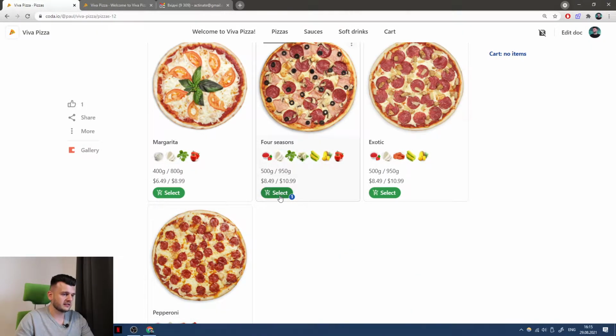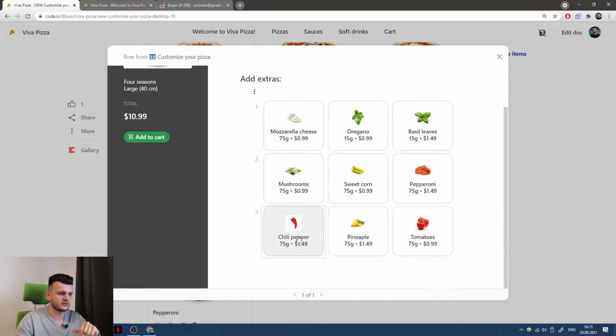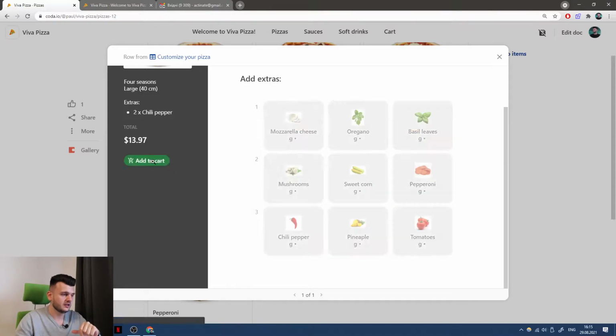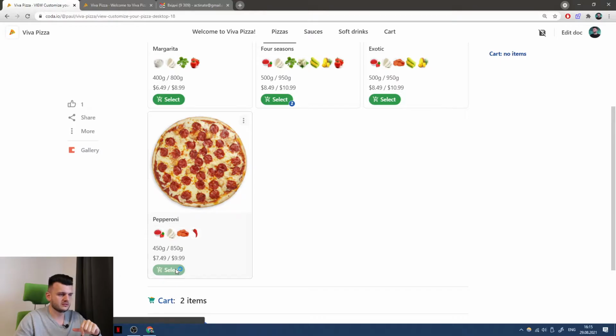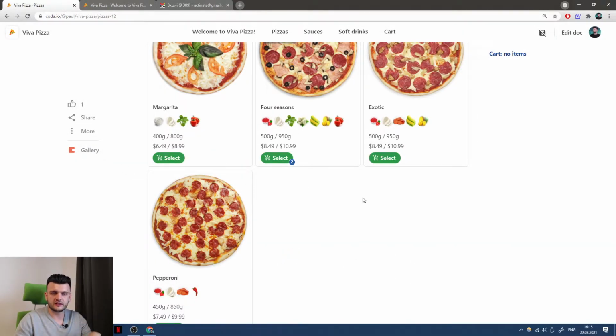And let's add yet another Four Seasons. So we click once again, select a large one, and add 2 portions of extra chili pepper. And also we can add one small pepperoni with no extras. Once we are done selecting our pizzas,